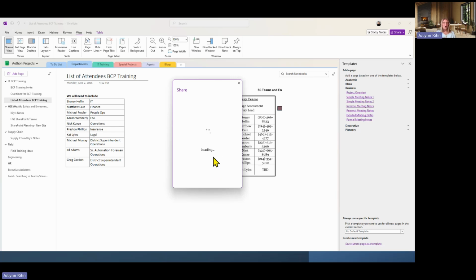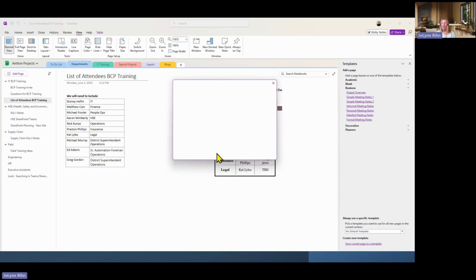You could choose who you want to share this with. What it's going to do by default is give them editing capabilities. But do you want them just to be able to view it? This is the same share that you get if you're sharing a file from OneDrive, a file from Teams, etc. Can edit is the default, but if you want them just to be able to view the notebook, you could do that as well. You could copy a link